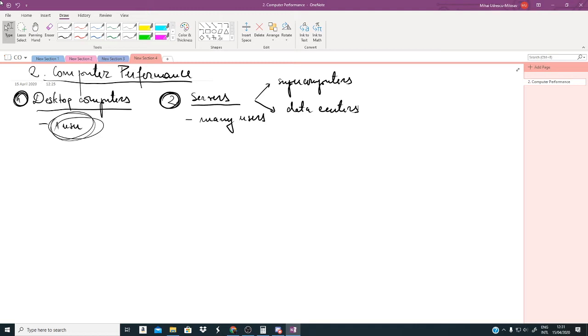Those are data centers. For both supercomputers and data centers, we are talking about hundreds of thousands of processors. We are talking about terabytes of memory. We are talking about petabytes of storage, right? And the cost of such computers is not that affordable. Unless you are some tycoon or something, you cannot have such a computer in your backyard. Of course, there are more servers and all that, but we are not talking about this here. Okay, so this is the second type of computers, and the third type,